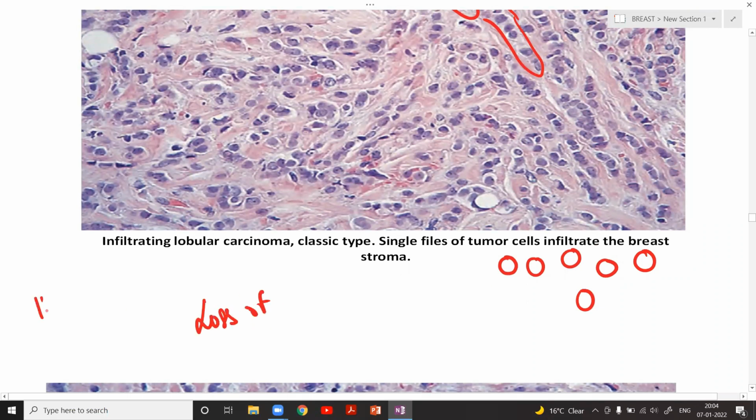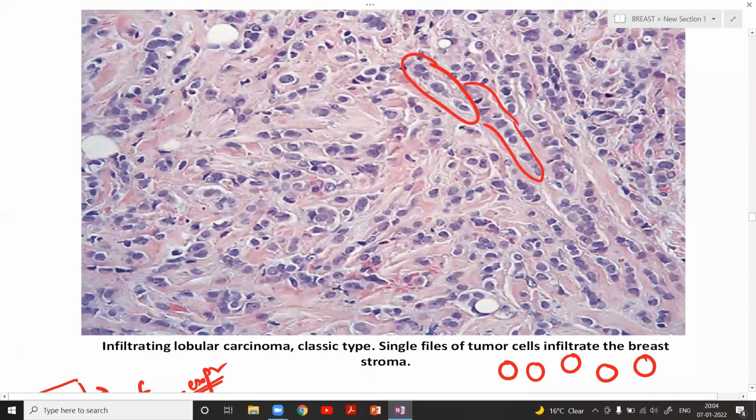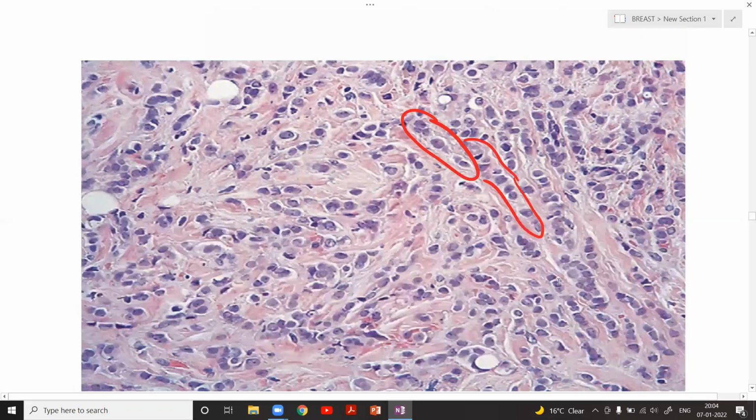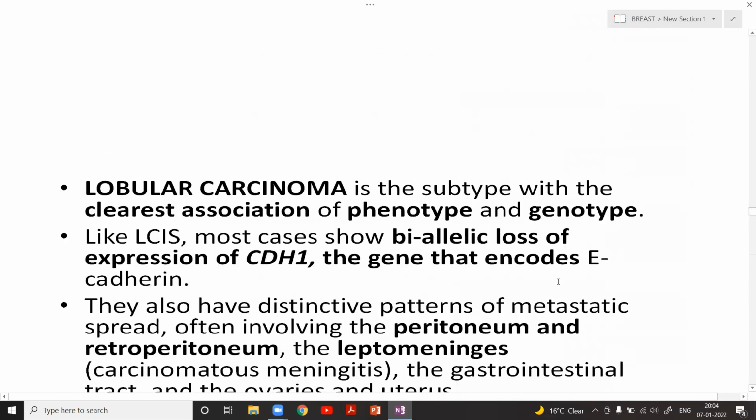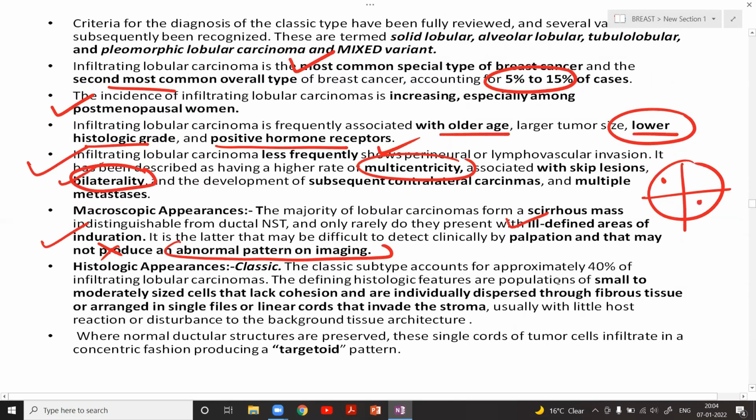So under the IHC of lobular breast carcinoma, you will say all things ER/PR positive, but don't forget to say that these tumors have loss of E-cadherin expression. Loss of E-cadherin expression is a very, very important point in case of breast carcinoma. And these tumors are dissociated. Why? Because that cohesiveness is gone. And they have one pattern that is called the India file pattern. So this is the classic presentation that I showed you.